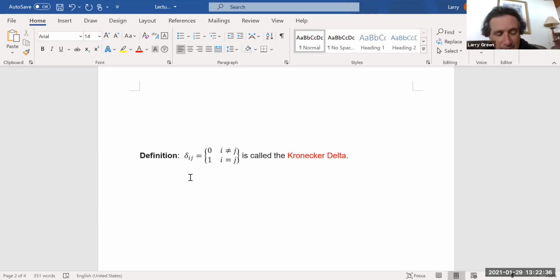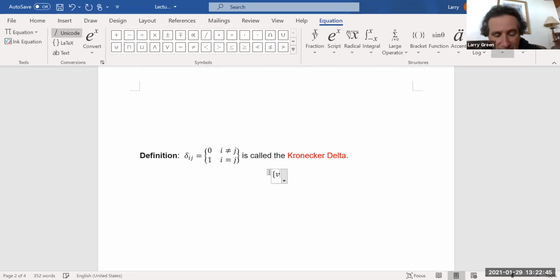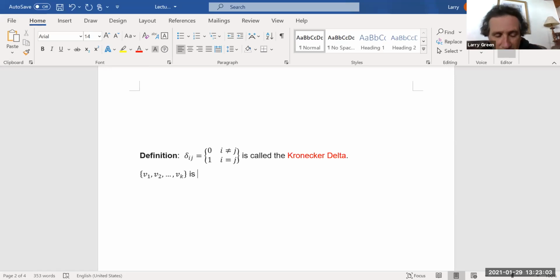So v1, comma, v2, comma, dot dot dot, comma, vk is orthonormal. Let's say an orthonormal set, if,